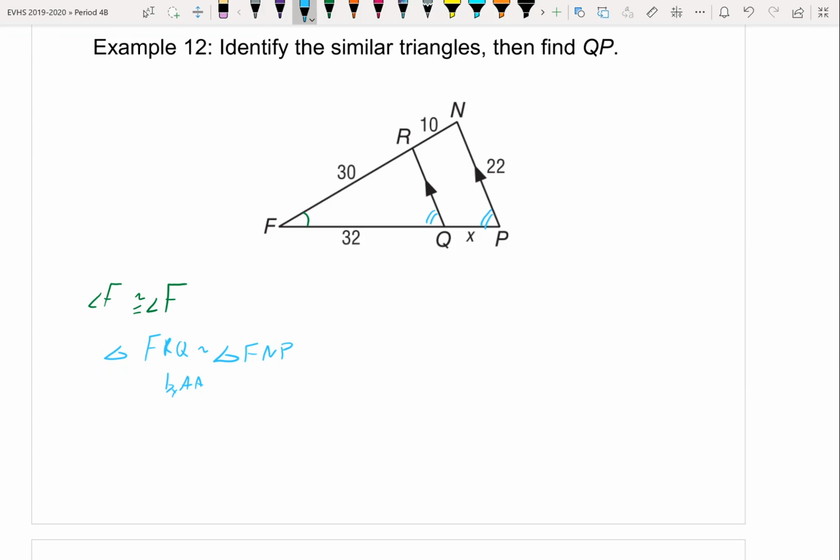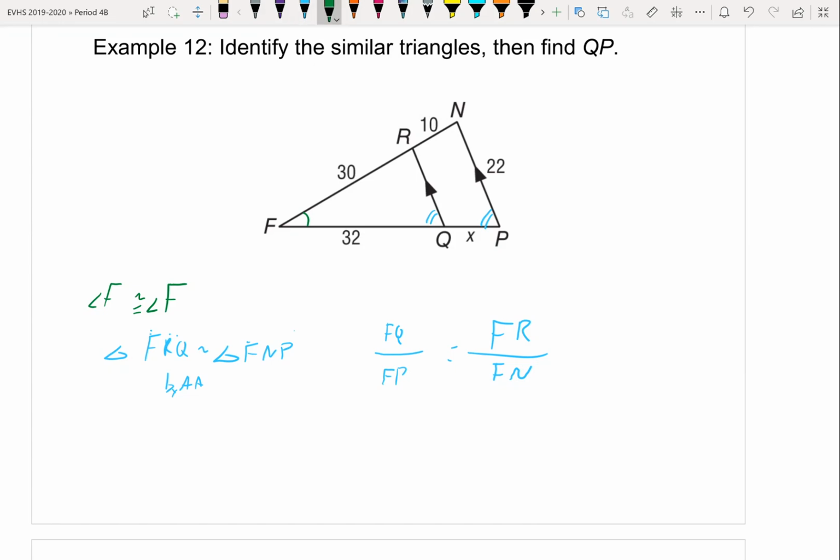Now, what we got to be careful of is when we set up our ratios, the small triangle FQ, you know what? I'm actually going to write this out. FQ over FP, that's positions 1 and 3 on both. And I got information on these top sides. And then I got FR, which is position 1 and 2,